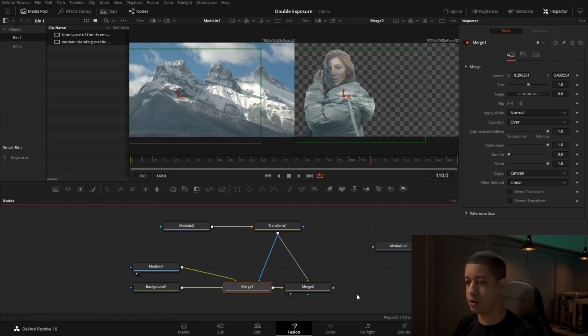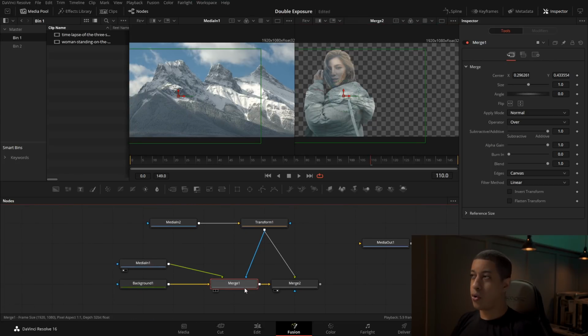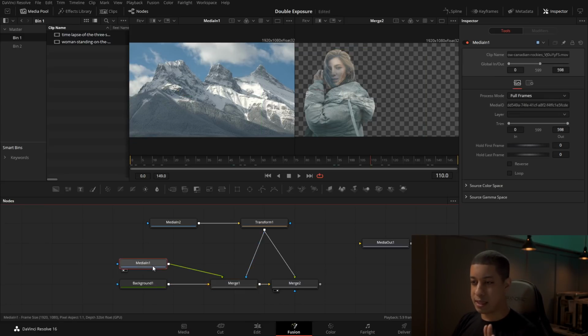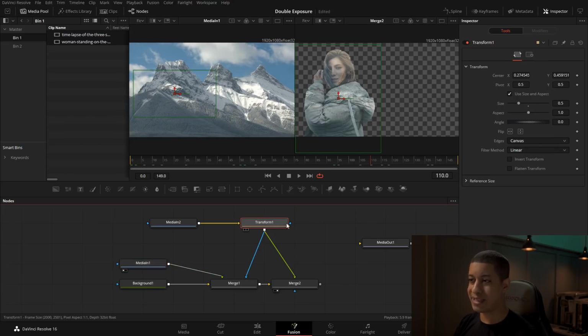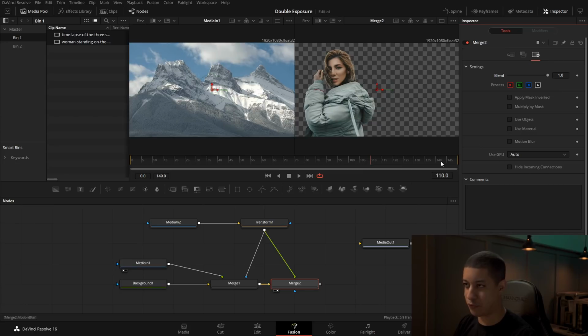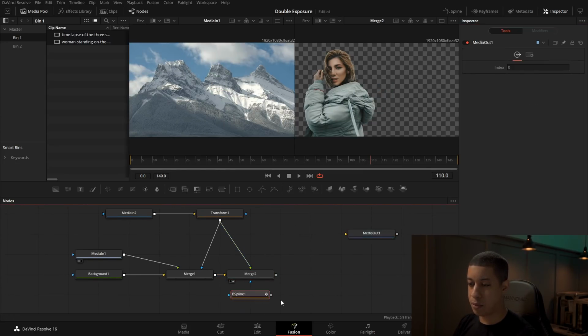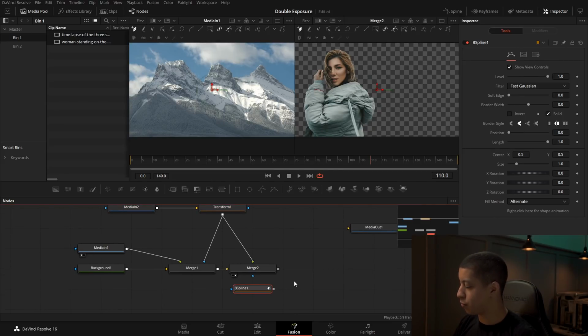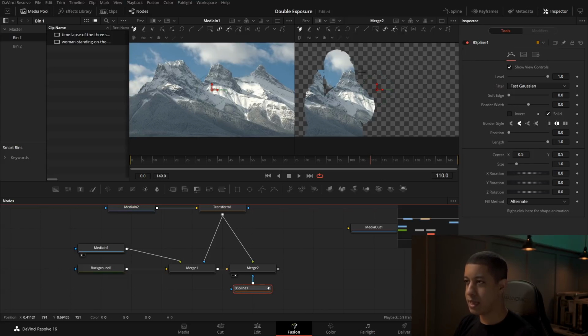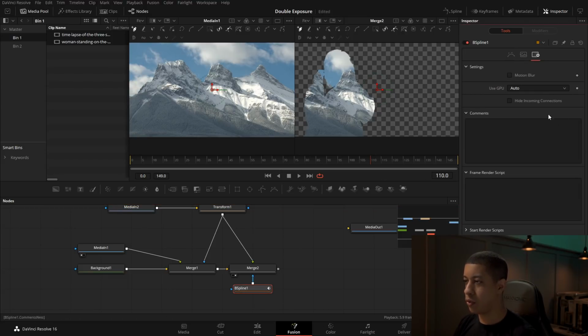So one of the cool things we can do is, because now we masked, there's a lot of masking going on here, but we masked this background into just her shape. But here, what we can do is mask her image inside of this whole side, so where she's actually visible. So just to make this easier, we're just going to go full here. And next, we can grab another mask, and we'll connect this in. And now on this mask, we come over